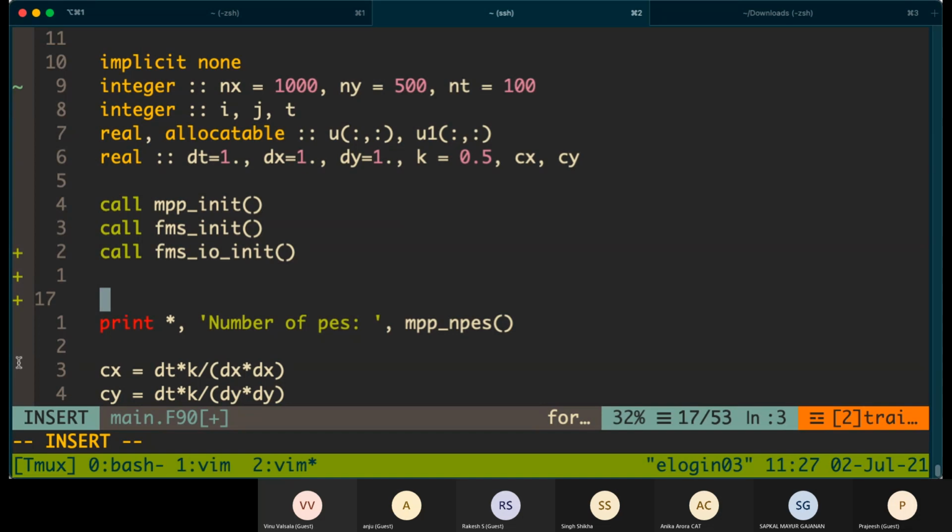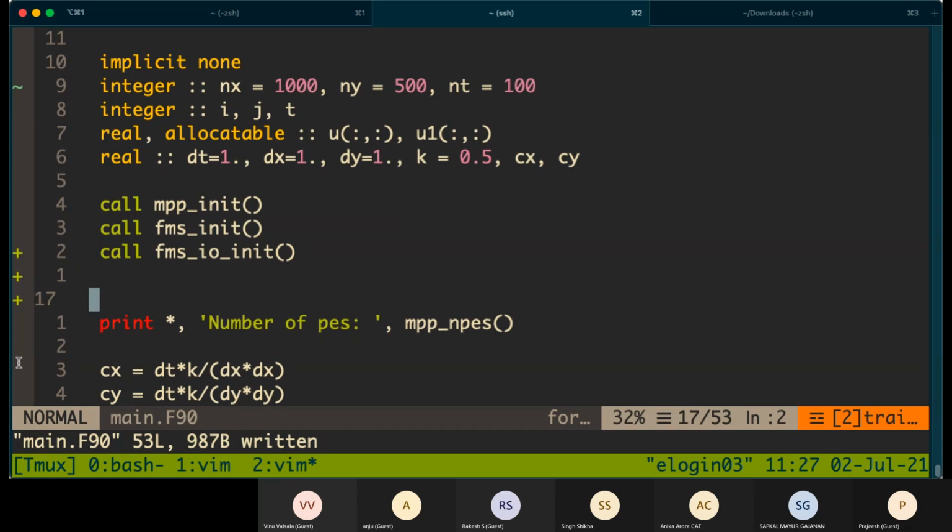Otherwise, if we were using MPI directly, it would have been very difficult to deal with all these different domain indexes and all those things. So FMS does those things for us. Okay.